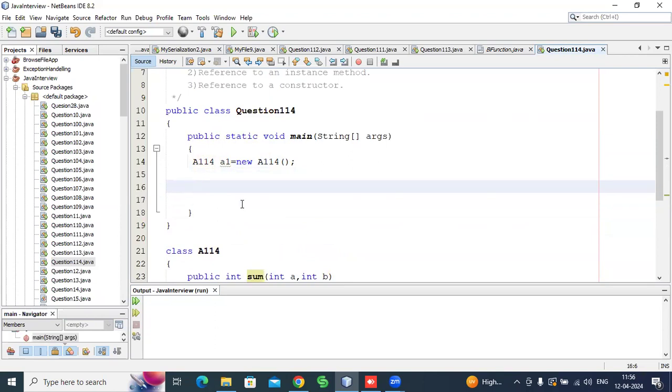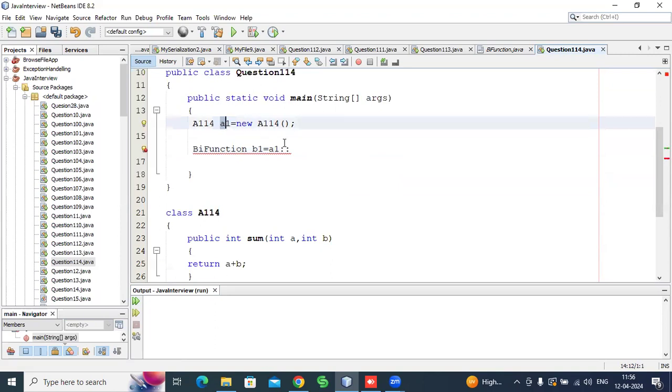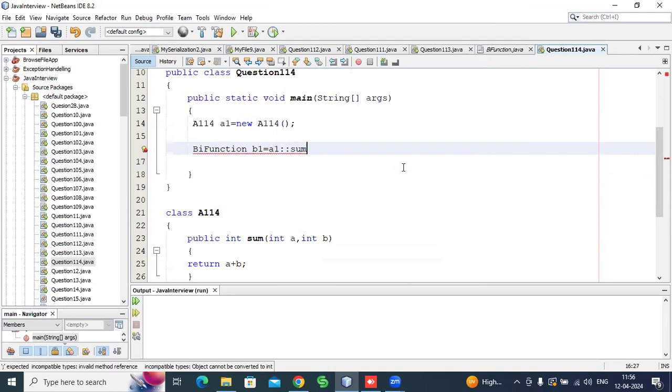For that, there is an interface provided from Java 1.8, and that interface name is BiFunction. We say BiFunction b1 equals, and if it is an instance method we have to use the object, so a1 colon colon, and the method name, sum, here.